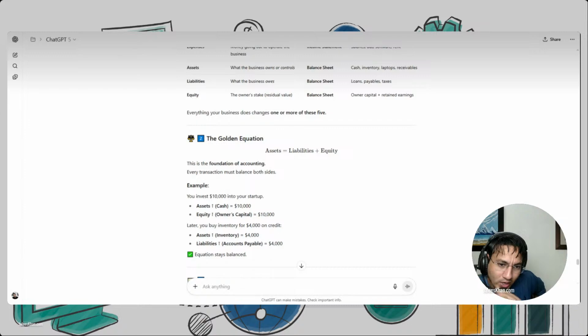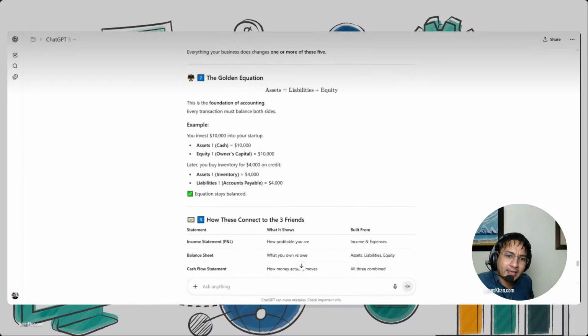Later, you buy inventory for $4,000 on credit. Assets: inventory 4,000. Liabilities: accounts payable, which you have to pay, 4,000. The equation stays balanced. Equity 10,000, asset. Okay, so it is saying that the